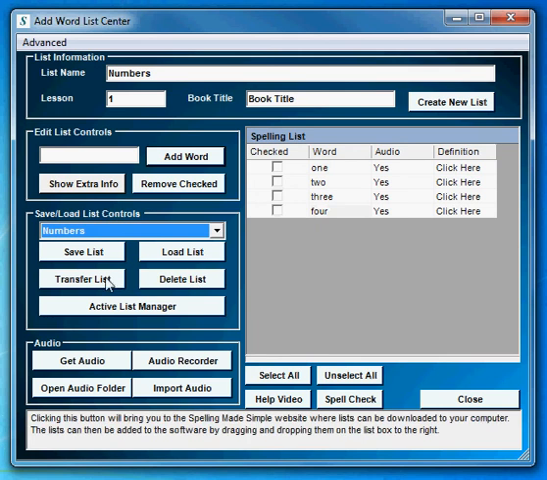If you want to transfer lists to an iPod Touch, an iPhone, or an iPad, you can click this button, the transfer list button, and transfer those to those devices. If you have one of those, you can go to the iTunes store and download Spelling Made Simple for that device. The Active List Manager is